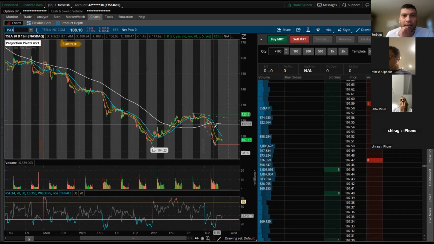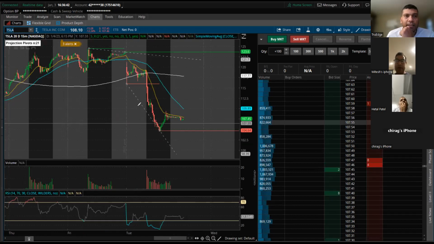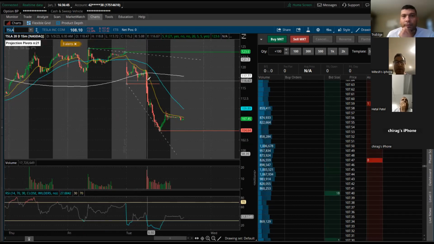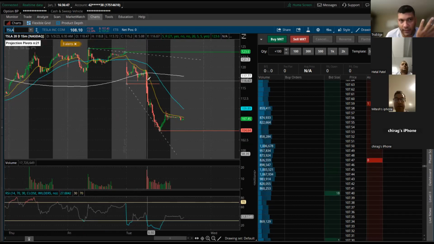Now, when I give out the levels in the morning, I said 117 break, we are going to look for the downside. That's what we did in the morning, right? So at 117, I always look at either at-the-money or in-the-money contracts, and I open them up separately like this. So if you go to charts,